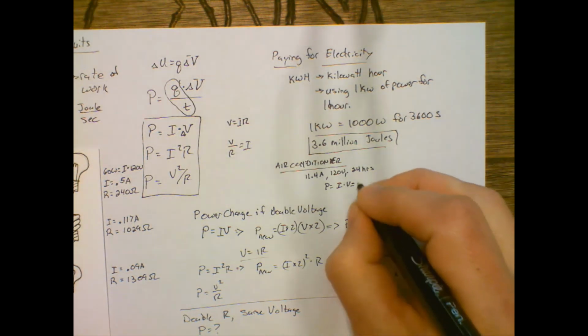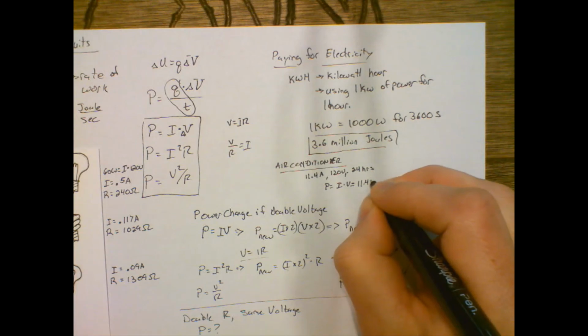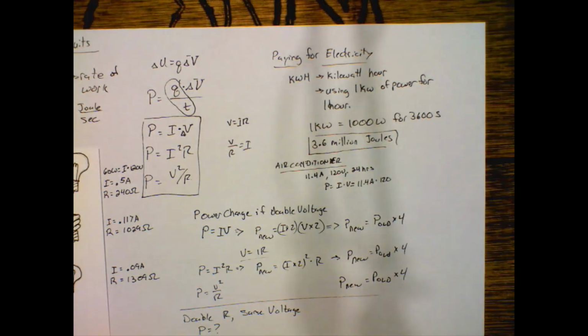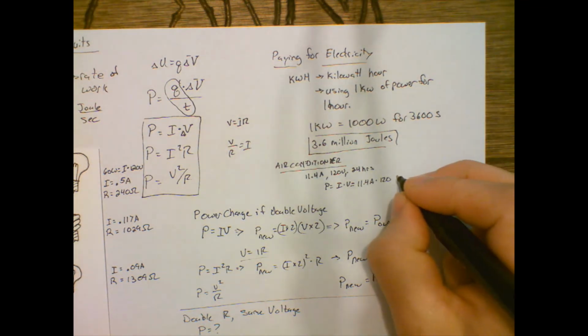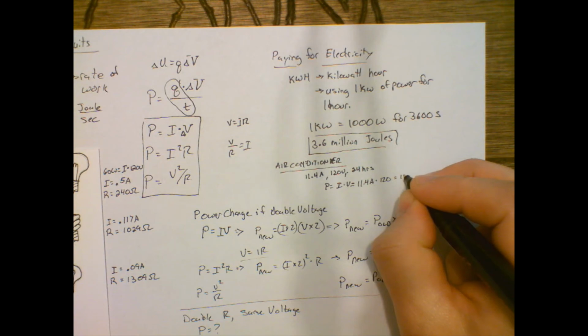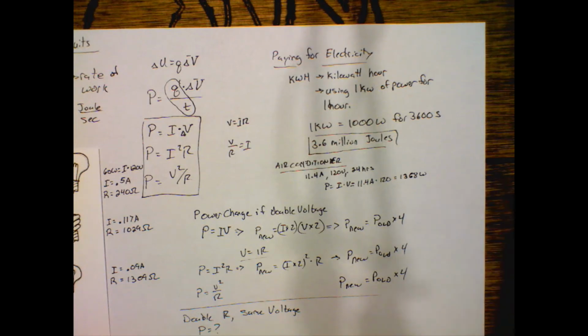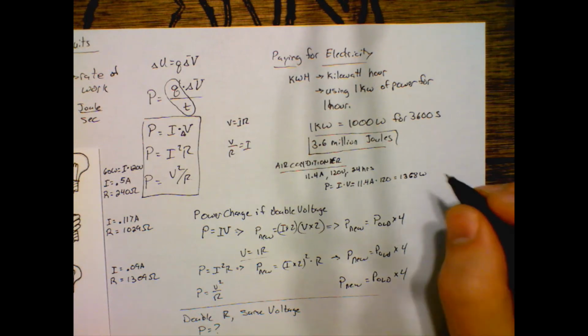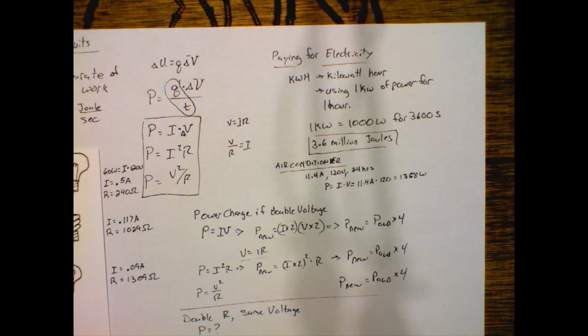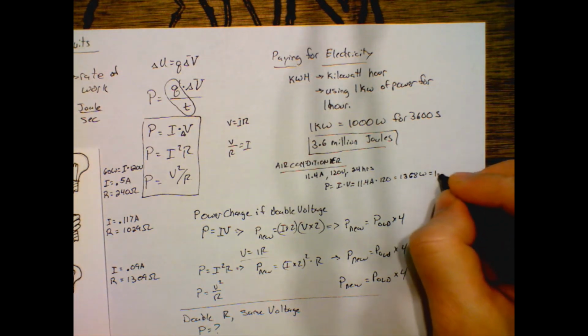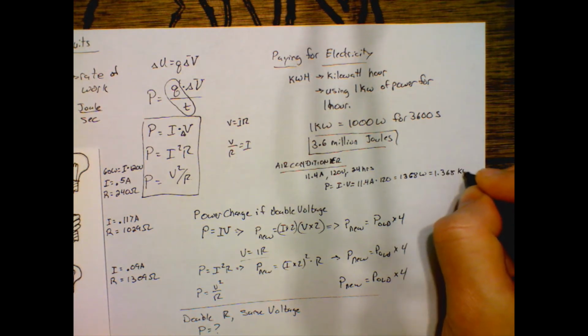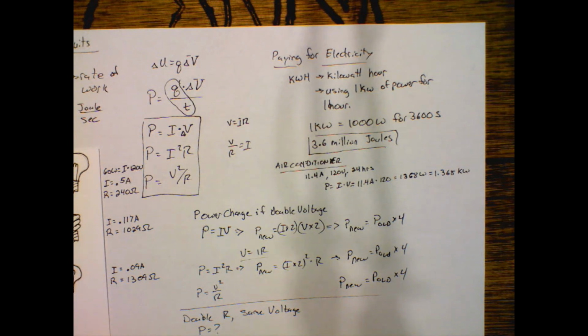So we can say 11.4 amps times 120 volts. That's 1.368 times 10 to the third watts, 1,368 watts, which is 1.368 kilowatts. But for 24 hours,